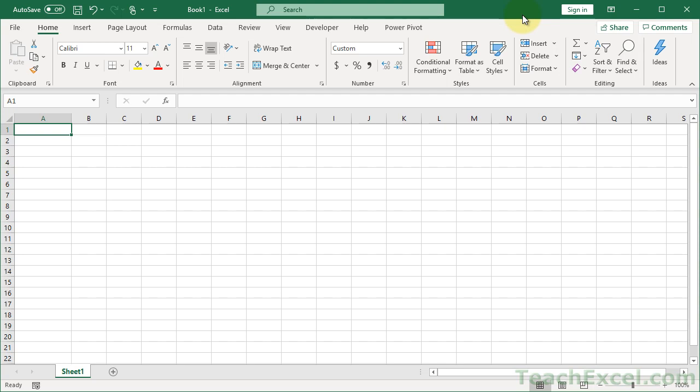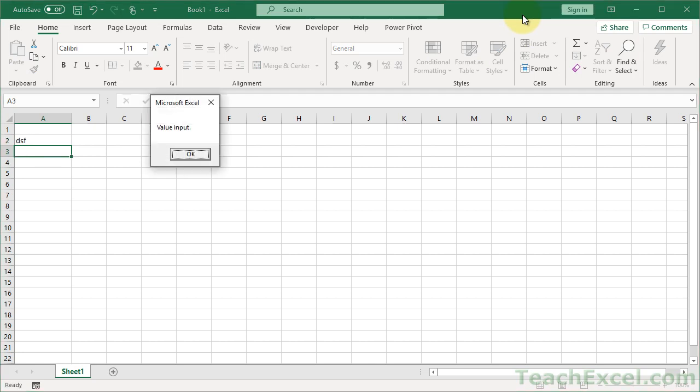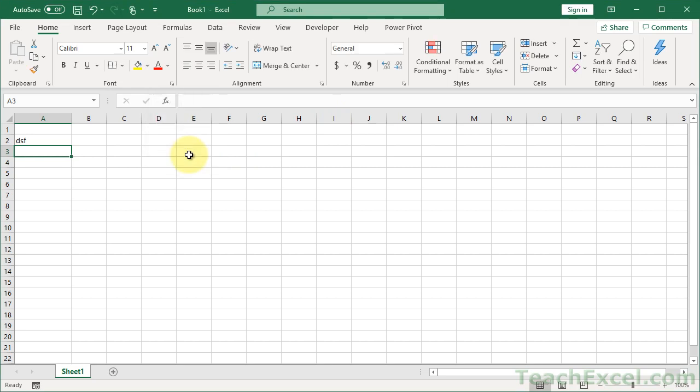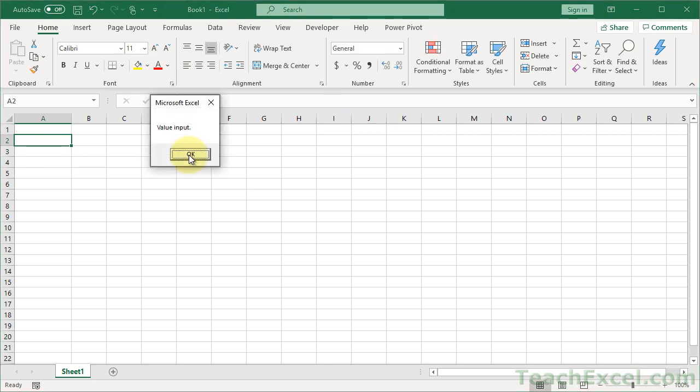In this Excel Quickie, I'll show you how to prevent events from being triggered when you run a macro in Excel. So for instance, I've got a macro that'll run anytime I input something into the worksheet like this. So I get a little pop-up. But I don't want that pop-up to show up